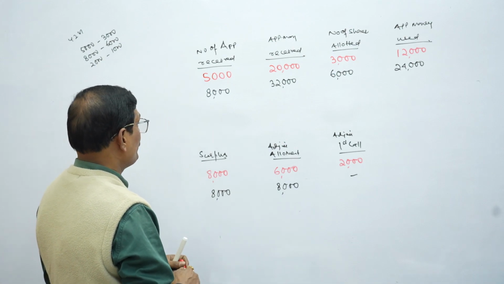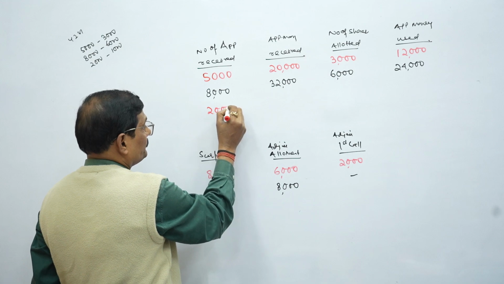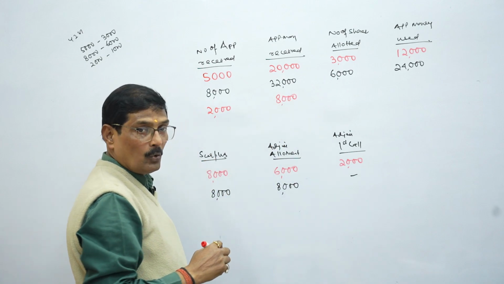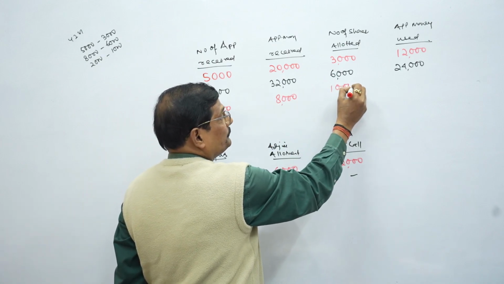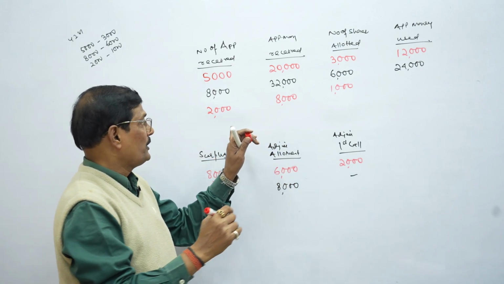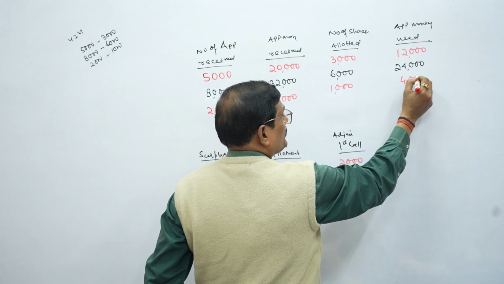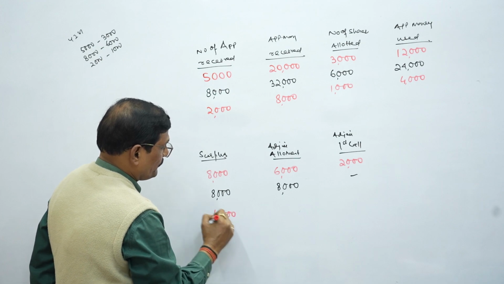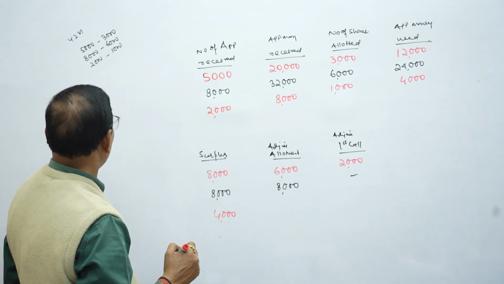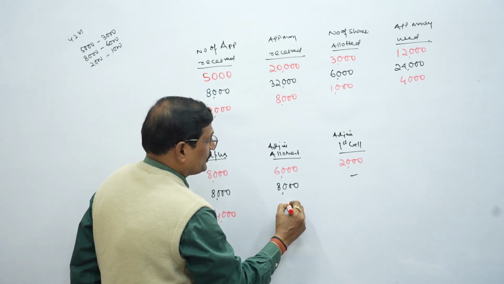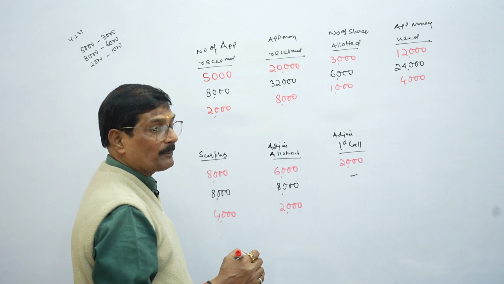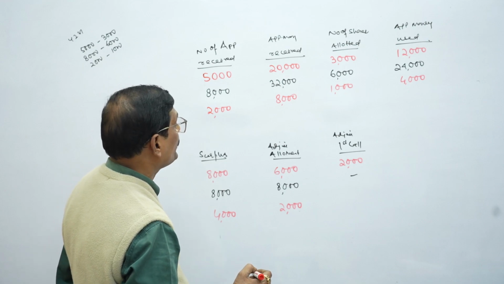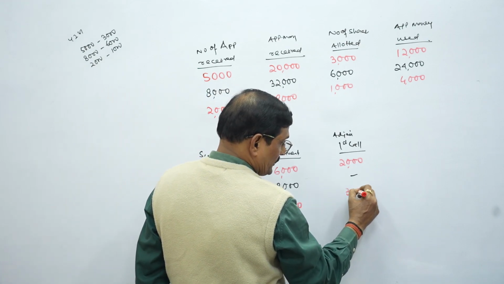And in third case, applied for 2,000, must have given 2,000 into 4, 8,000. We have allotted only 1,000 shares. So 1,000 into 4, that is 4,000 will be adjusted towards application. Now surplus will be 4,000. Right? At the time of allotment, we need 1,000 into 2, 2,000 rupees. Still there is a surplus of 2,000. At the time of first call, the total adjustment will be 1,000 into 3, that is 3,000 rupees. So in this way also you can work out.